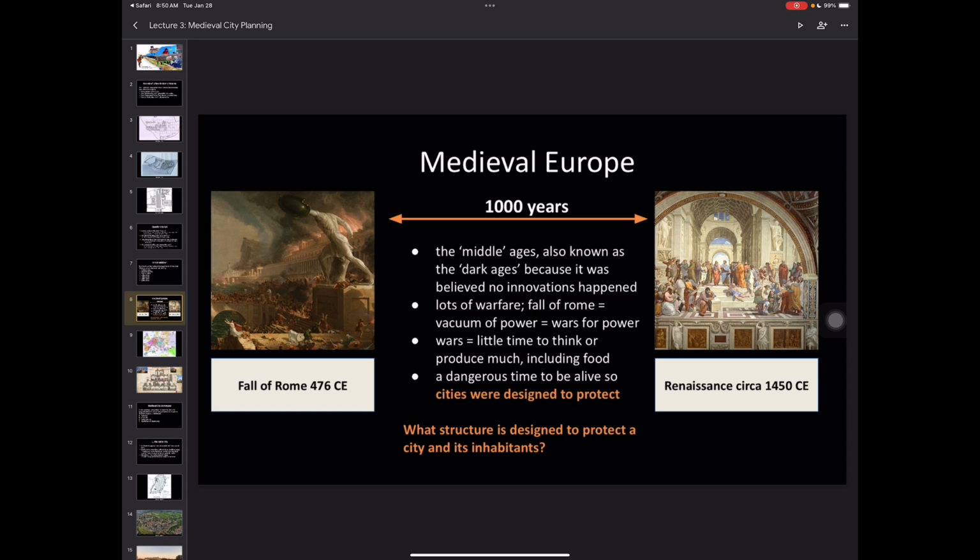Now, what is true about the medieval ages is we do have a lot of warfare, right? So when Rome falls, we have an enormous vacuum of power. We no longer have an empire, and so what happens is you have everyone kind of going to war with each other, trying to take over that portion or their respective portions of land. And this goes on for 1,000 years, and honestly, it continued on for another 1,000 years, right? We constantly have wars up until World War II. Things aren't very stable in Europe.